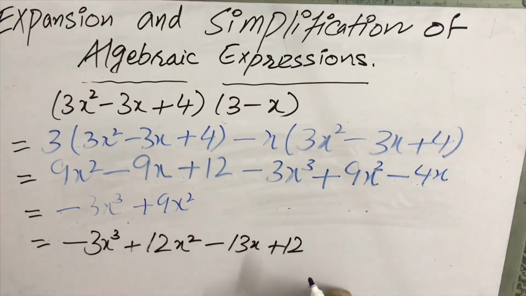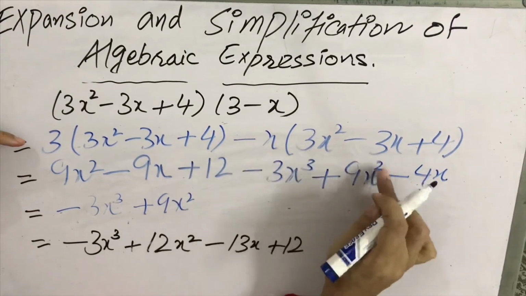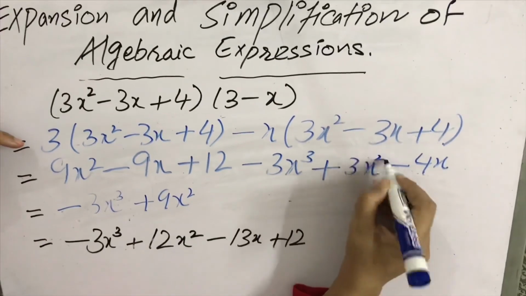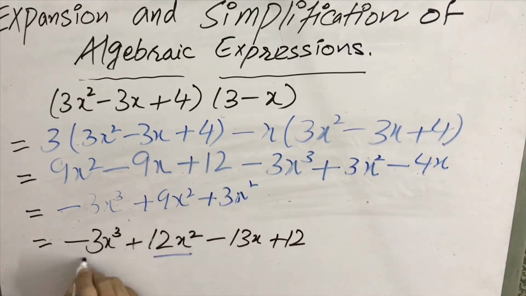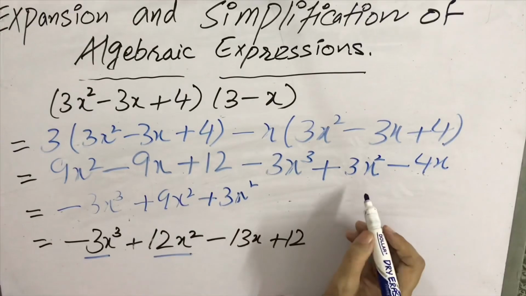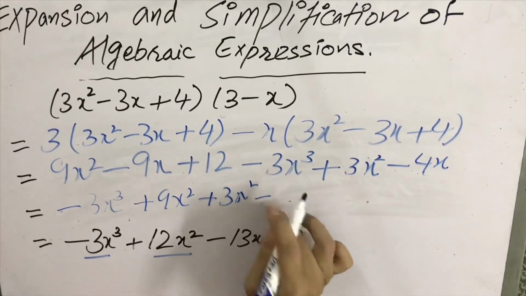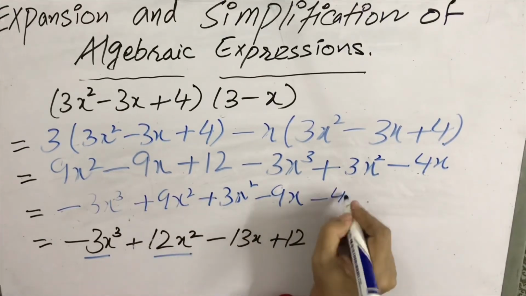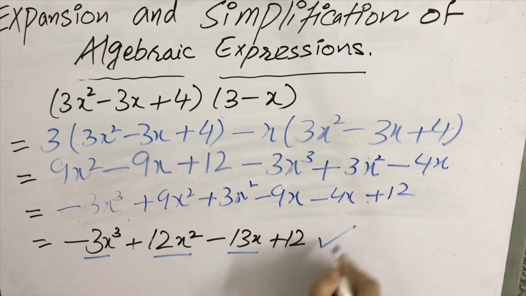So this is 9x square and this is basically 3x cube and 3x square. Sorry, it is basically 3x square. Okay, 9x square plus 3x square. Now we have 12x square, right? Then we have to take the terms with single coefficient or linear. Power 1, 9x from here and 4x from there. You have 13x plus 12. So your final answer is same.